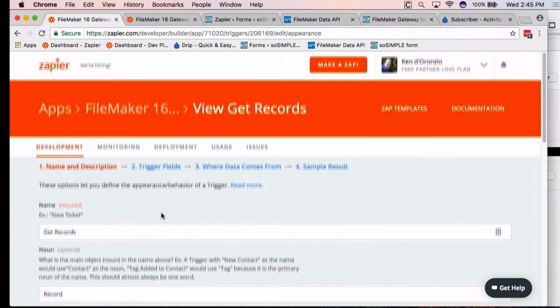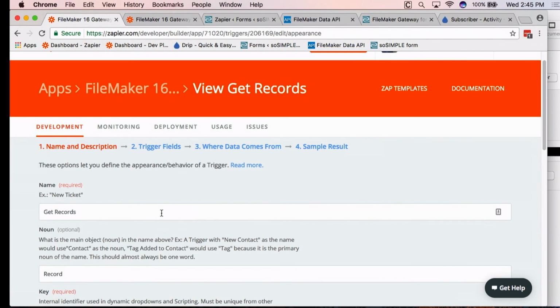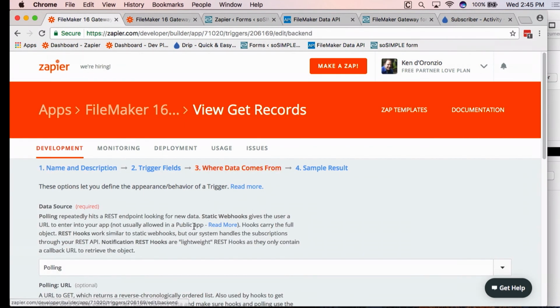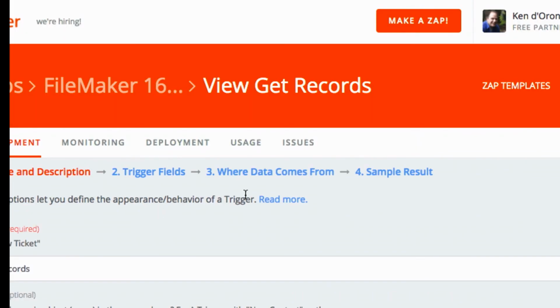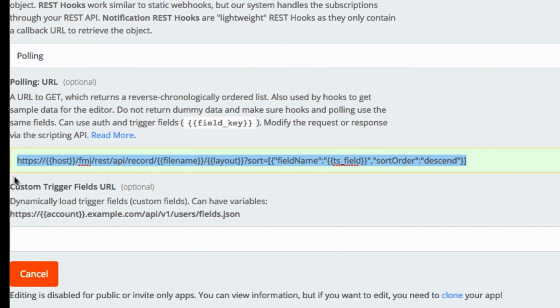The magic in that is that Zapier needs to know what it's already done work on, what records it's already touched. So it actually can keep track of the record ID. And what I had to do in order to do that, let's go in here, it's record. The whole trick with that was when I posted to it, I'm trying to see if I can get that on screen. There we go. So the whole trick with that is that when you send the REST, it's the same exact